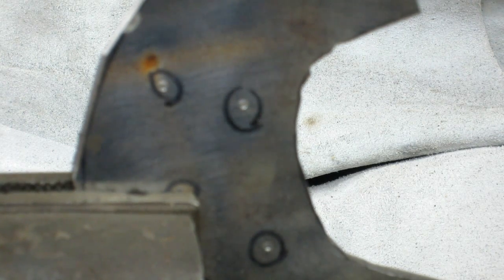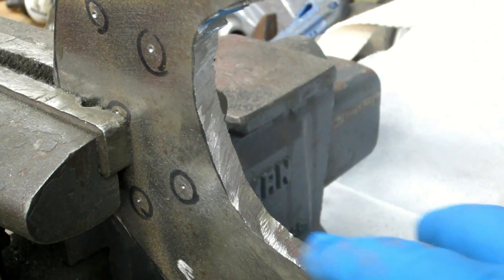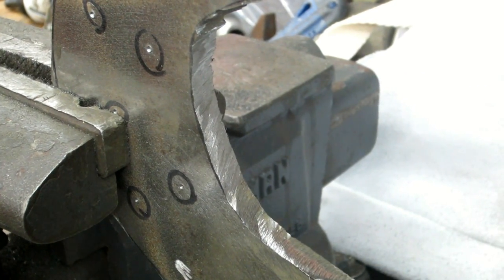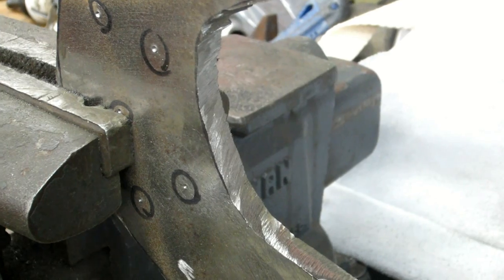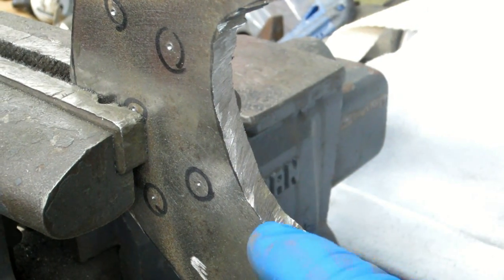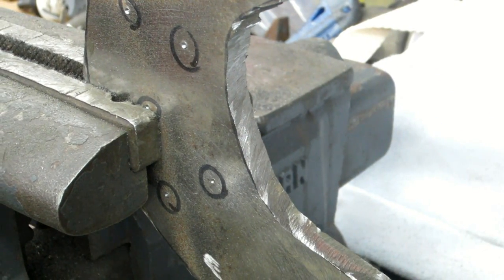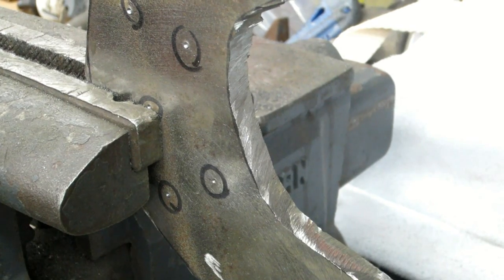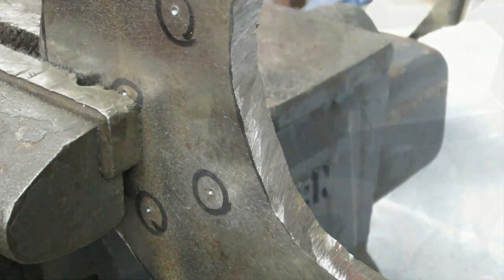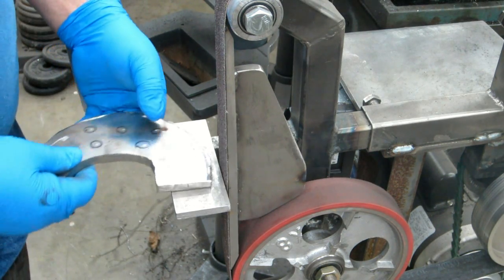Okay, so it's getting hard to hold that. All right, so that's where it's sitting right now. You can see it's actually fairly smooth. It could be worked even a little bit smoother, but for a prototype part, it's way more than smooth enough. Basically, I'm going to flip it over so that I can work at it from this angle instead of having to come up at those last couple pieces there. And then that'll be good, and I'll be on to doing the final grind on the outside and drilling holes. I don't plan on showing all the grinding, but